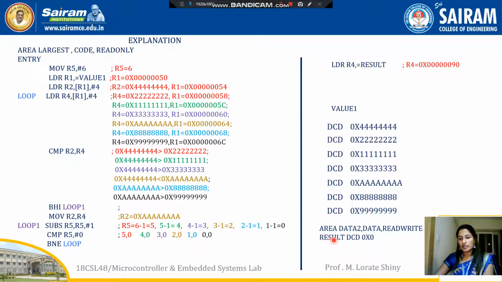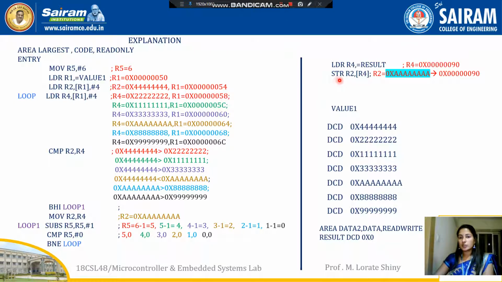some memory location. To store the result, we are assuming one memory location, that we are moving to R4 register. Next, from R4 register. So R4 register is holding the memory address. Now we know that result is available with R2 register. So from R2 register we are storing the result into memory location, which is pointed by R4 register.